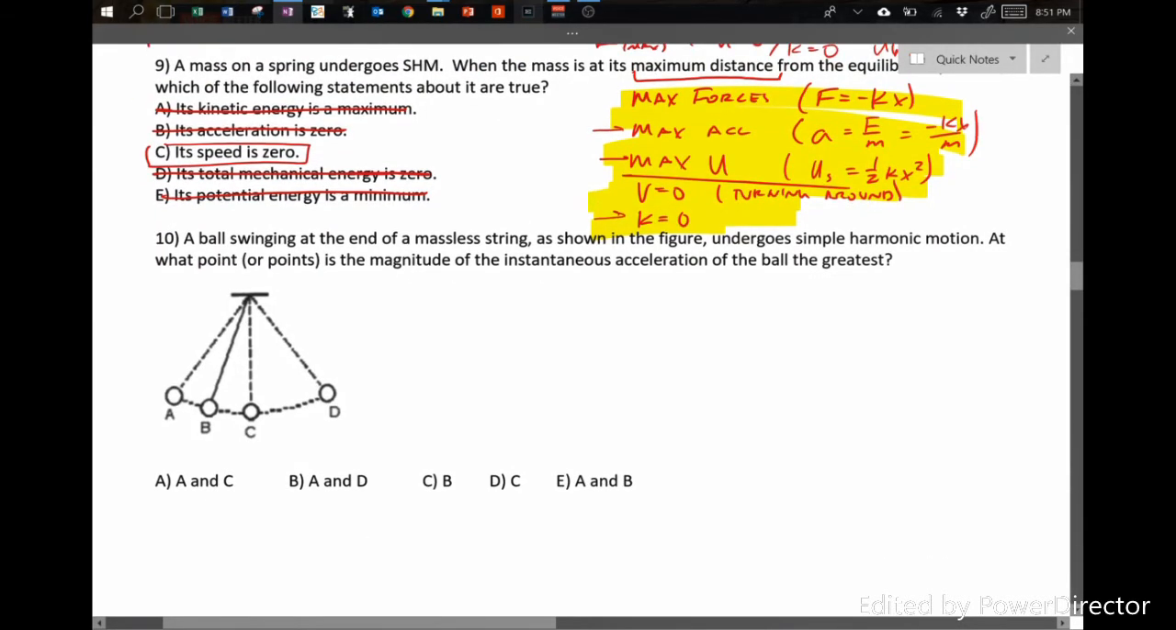A ball swings at the end of a massless string as shown, and I want to know when the magnitude of the acceleration of the ball is the greatest. So we're going to get max acceleration at maximum displacement. Now we don't have a clever formula right now for what the forces acting on the simple pendulum are, but